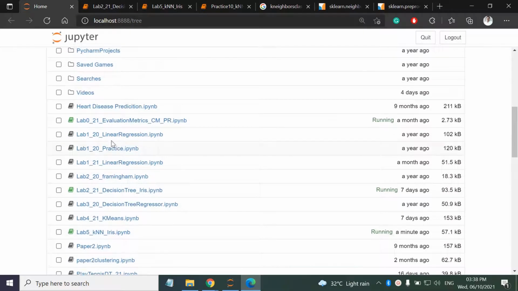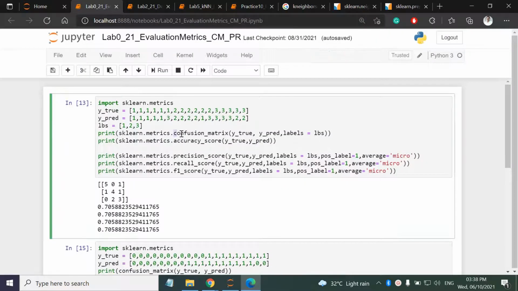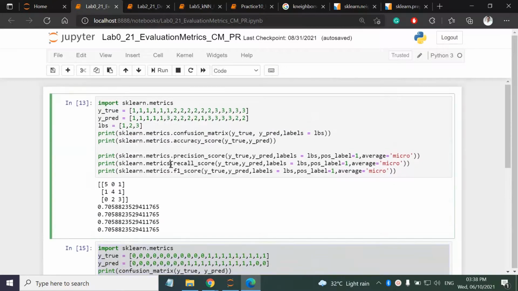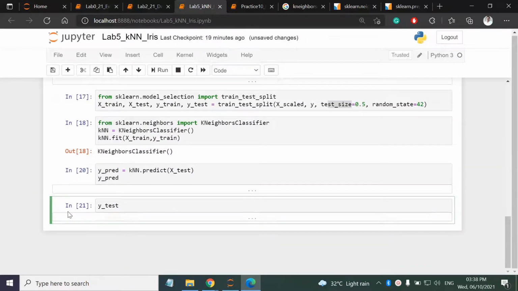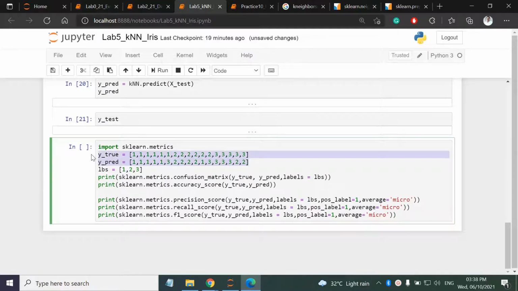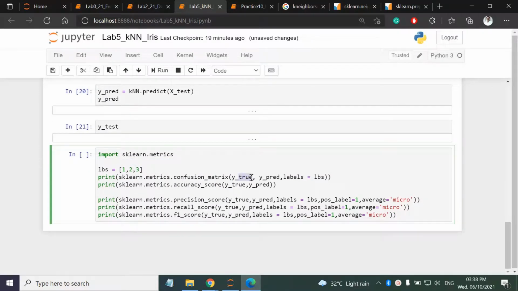Or I can use the evaluation metrics. If you remember our first practical, we have this evaluation metric. Do you remember our confusion matrix and all? There also we give true labels and the predicted labels. From there I can create the confusion matrix, precision score, recall score, right? So let us copy this code. I have 3 labels, so this one will work for us. So copy this. I don't need this. True labels are under test.